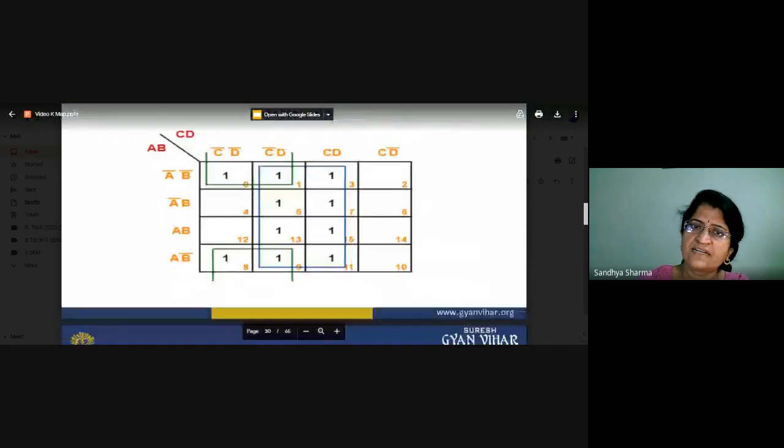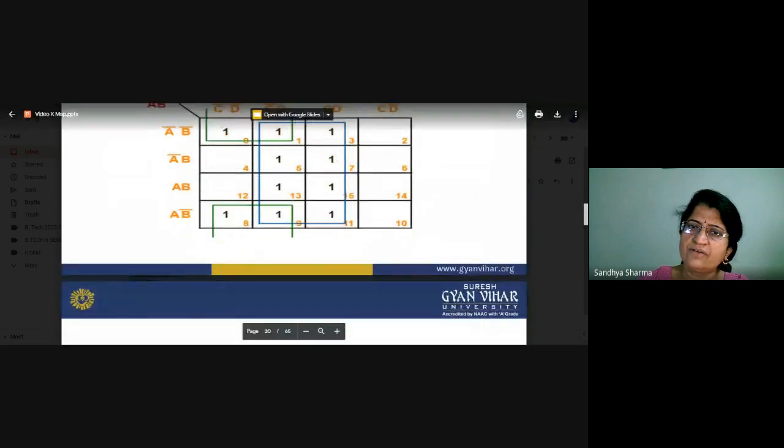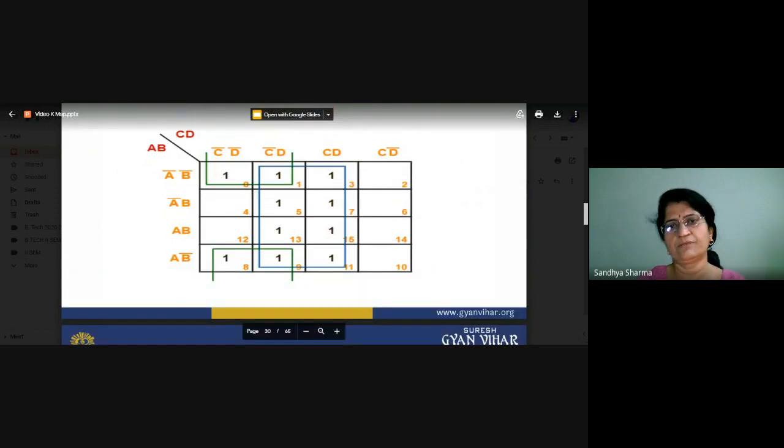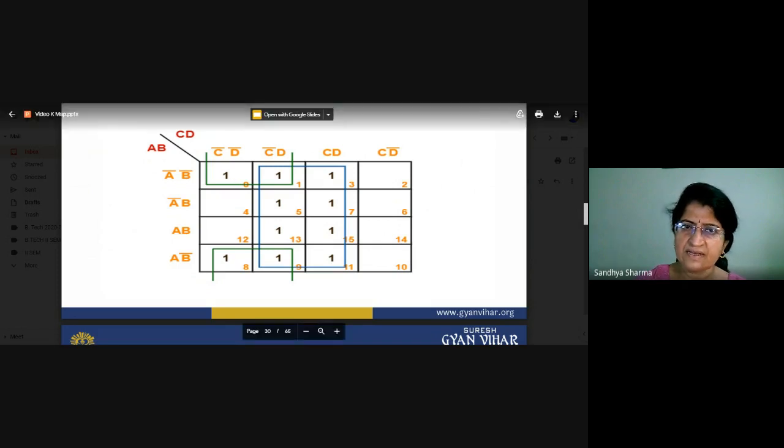There are 16 cells. Just make it 1, 1, 1, 1, 1, 1, which means there are 8. You can make an octal. Just see here. What will happen in an octal? C bar, C vary, all four vary, so only D is common. So the basic equation of the octal is D. So we have to just search for the equations. Okay, this is left, so these two and these two.